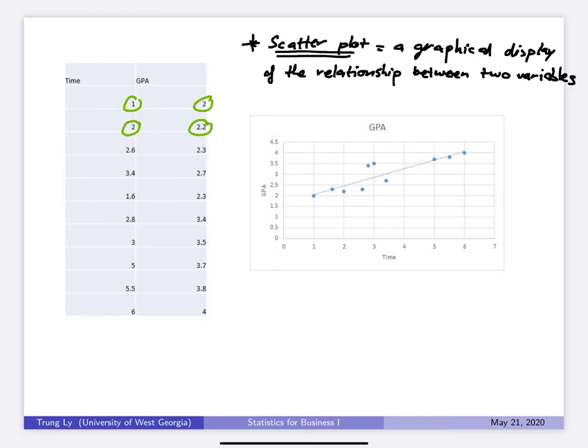if we plot time on the x-axis and GPA on the y-axis, we have what's called the scatter plot. Right? So for the first student, who spends 1 hour studying, his or her GPA is 2, so we have a dot for that student. For the second student, he or she spends 2 hours studying, his or her GPA is 2.2, we have a dot. Right? So if we have a dot for all 10 students, we have the scatter plot for this data set. Okay? The trend line,